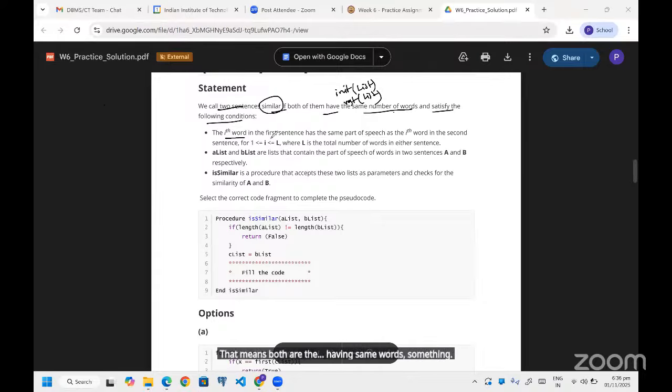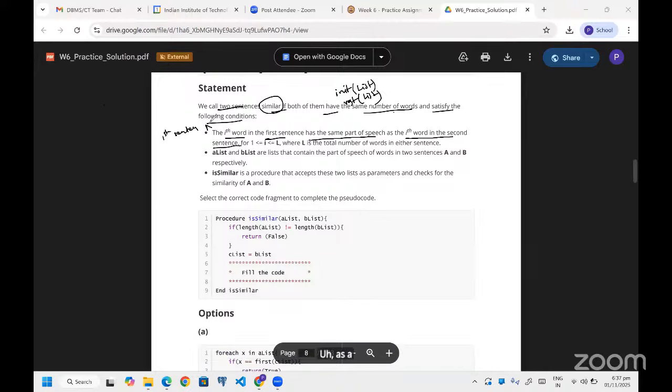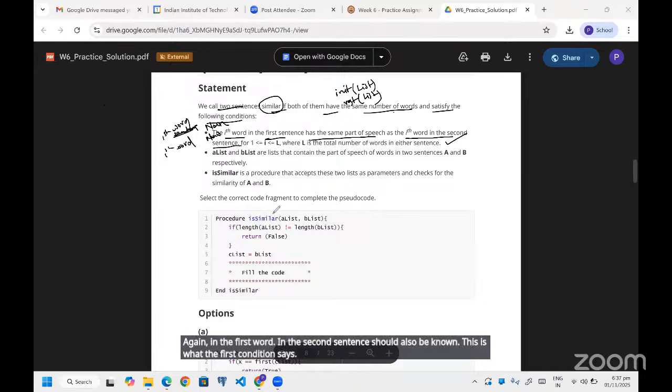And if the ith word in the first sentence has the same part of speech as the ith word of the second sentence. Basically, if the first word in the first sentence is a noun, then the first word in the second sentence should also be a noun. This is what the first condition says, right?